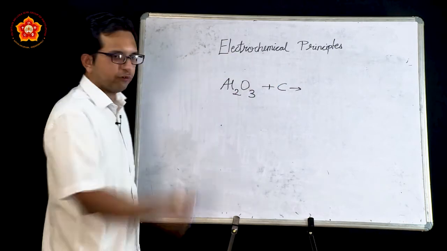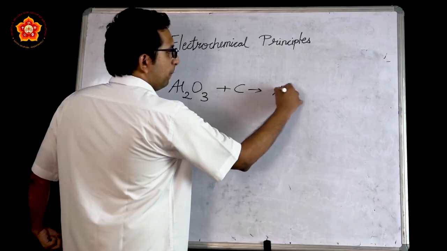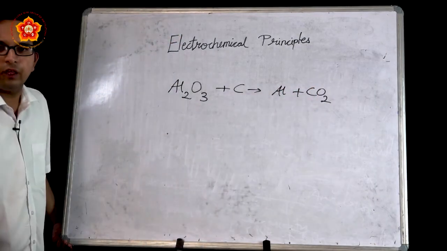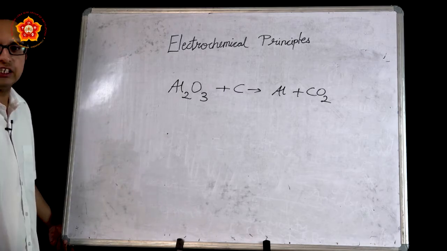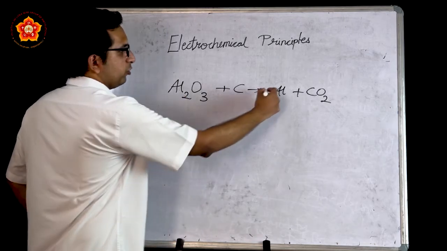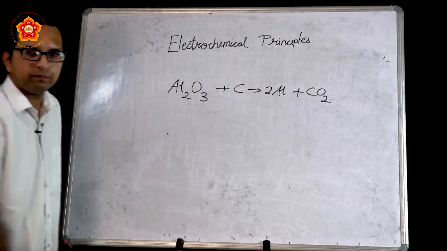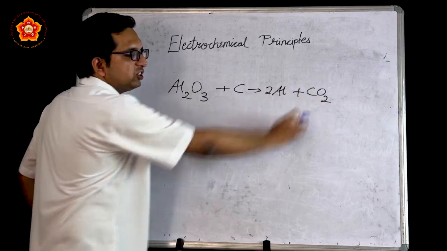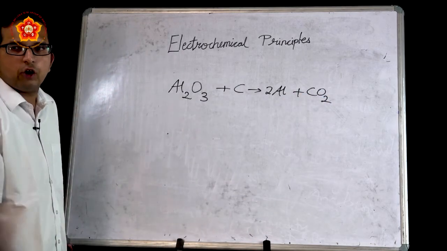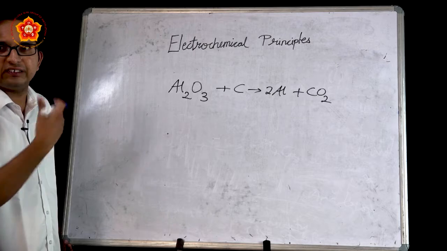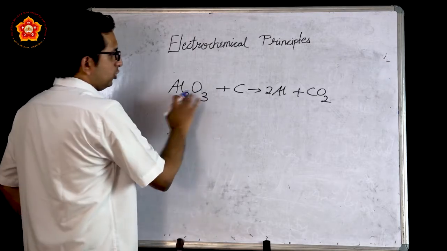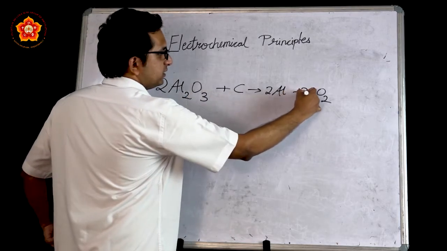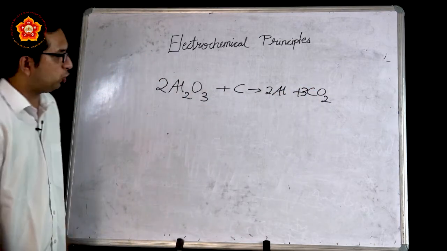So what are the products that we get? Once this reaction happens, pure aluminum is formed and the byproduct that you get is carbon dioxide. Once again, looking into the balancing of these reactions, we have 2 aluminum on the left hand side, so this becomes 2Al. We have in total 3 oxygens, but here the quantity of oxygen is 2. So as we already know by the mathematical process of HCF and LCM, we can rather use this as 2Al2O3. Thereby we can settle the carbon dioxide oxygen to 6.